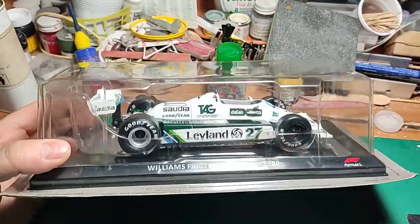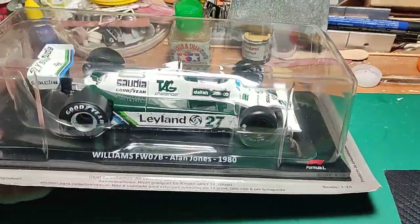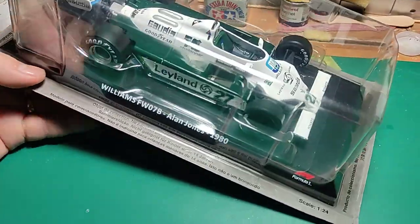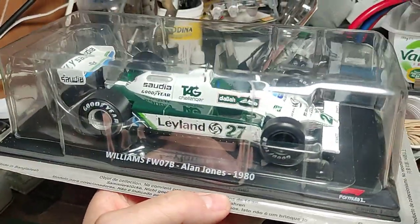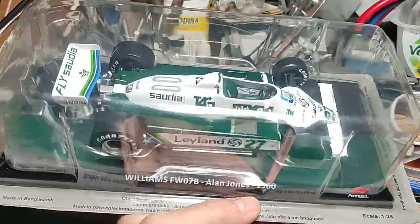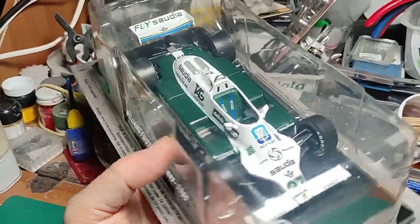A diecast review this time, still about the series, the Formula 1 collection. This is the Williams FW07B from 1980, Alan Jones. I think it was Alan Jones and Carlos Reutemann, the ones for this car, and it is one of the latest productions for this series. It was an interesting car because